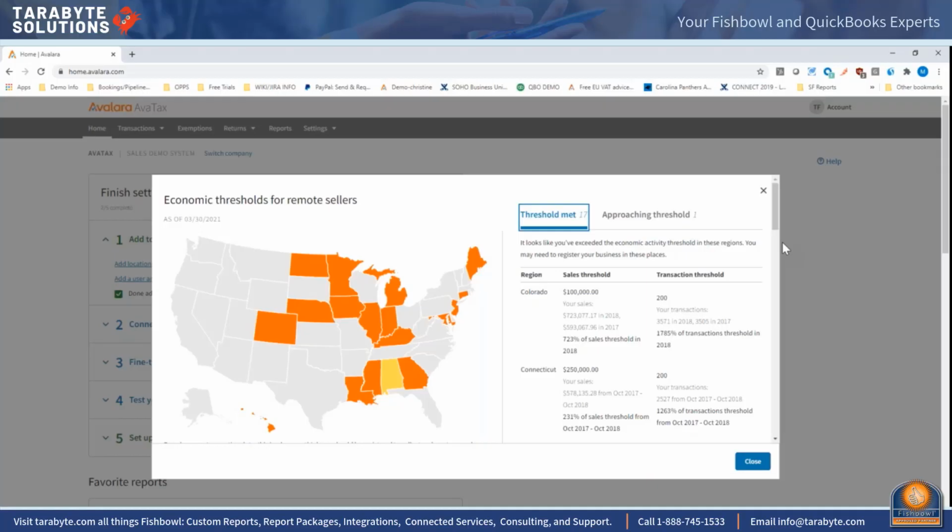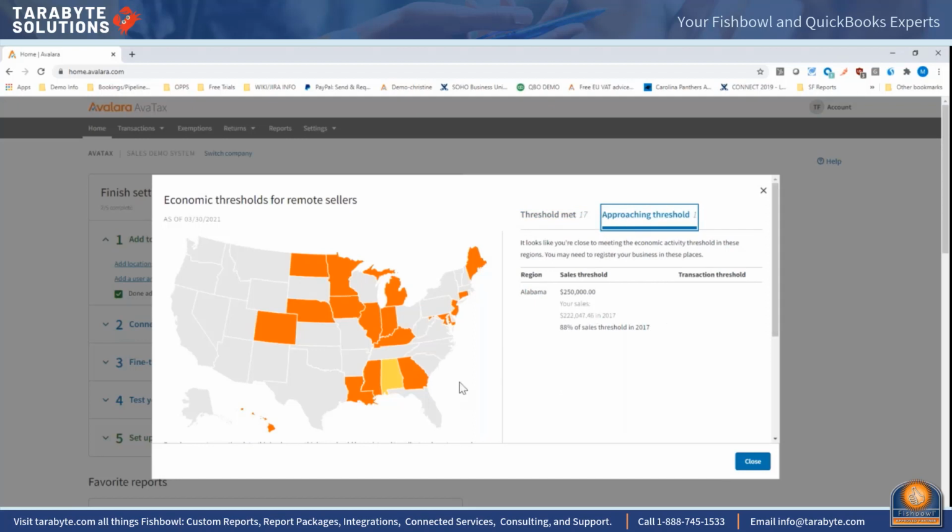And so we have this automated, directionally guided heat map inside of our software where we'll let you know you've met a threshold in a state or you're approaching a threshold in a given state. So it's kind of like a safety net, if you will,